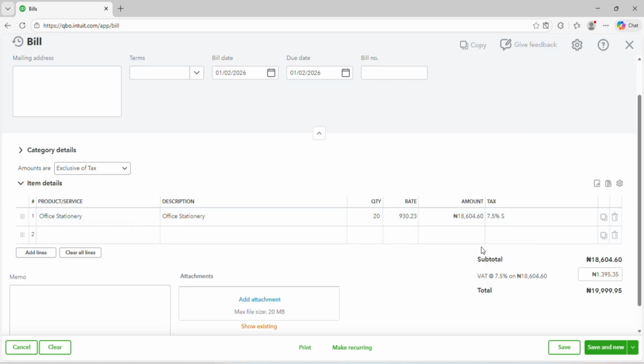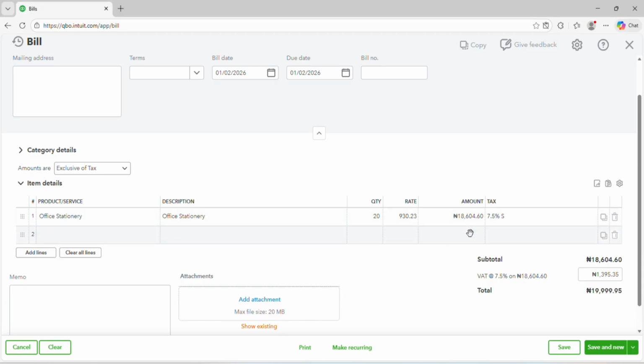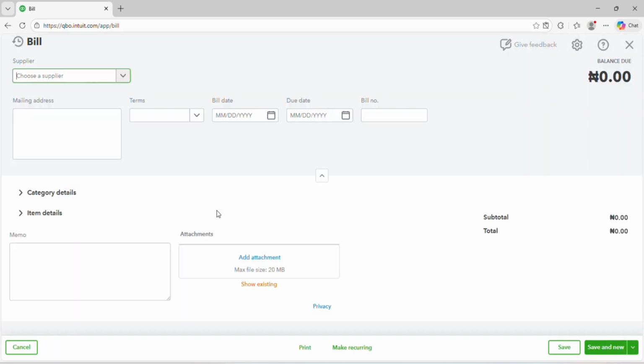Oh no, the setup is not inclusive of VAT. Sorry, that is very important, because what we have here says the cost price is 1,000 and the VAT is 1,500. So that means the VAT is added on this 1,500. Then we have the total cost is this. So that is not actually what we are paying. We have made an error in our setting. It's not a problem, we can just go ahead and say, okay, let me not save this yet, let me clear this